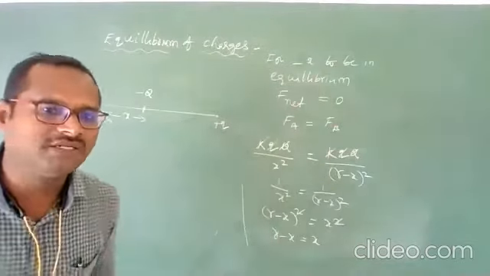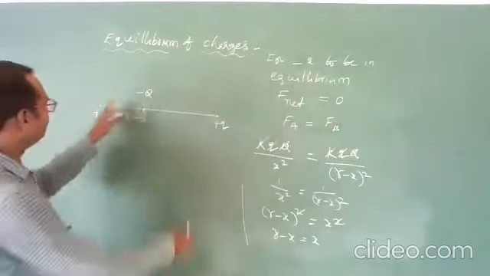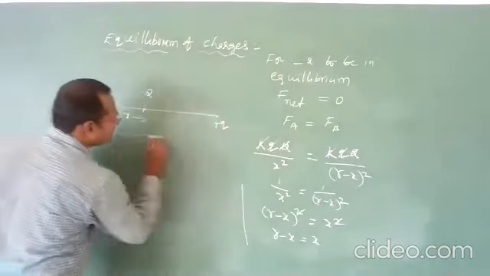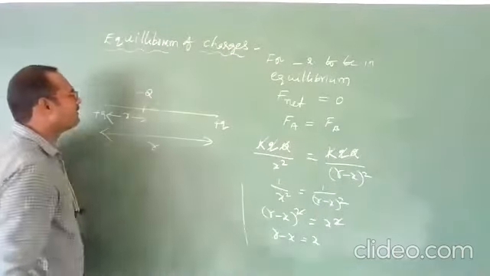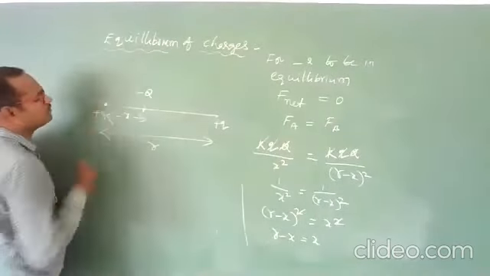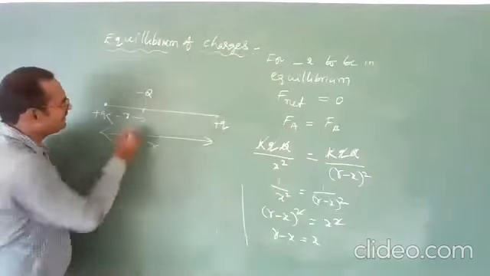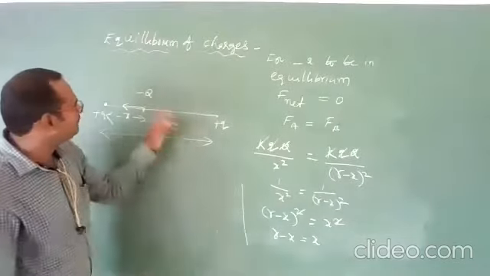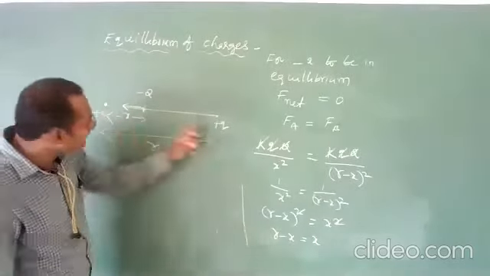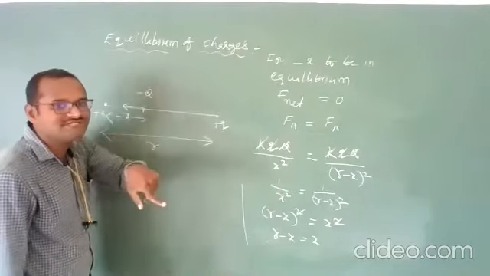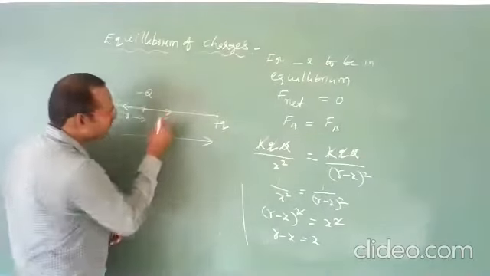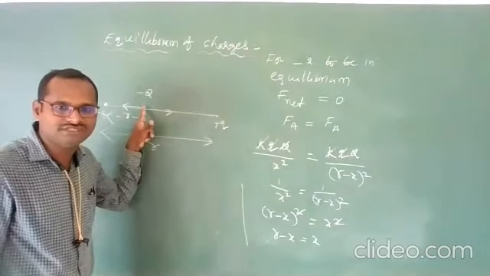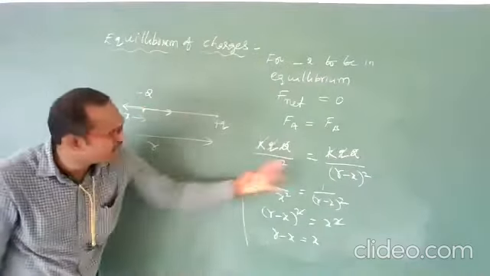So how many forces are acting on this minus q? There are two charges, and these two charges will exert a force on it. Total distance between them, let us imagine again r. Due to this small q charge, the force is in this direction. Attractive force, again because of opposite nature. Again due to this charge, attractive force in this direction. Both are opposite, but if they are equal, then the net force on it is 0. Let us equate them. Again you will get the same answer.